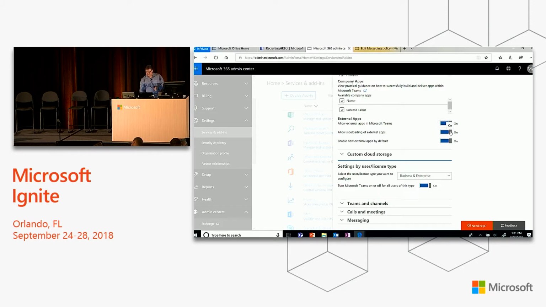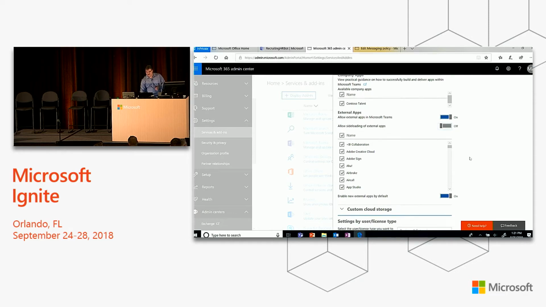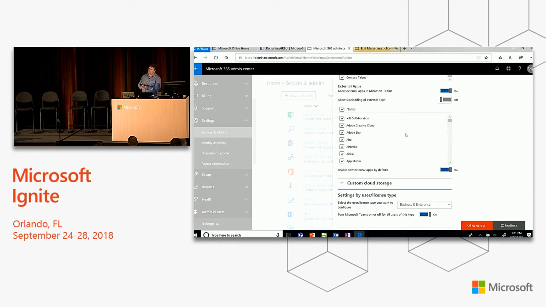Now the other thing that's interesting is sideloading. What is sideloading? Sideloading is I can now take that app and I can only install that app into an individual team that I'm already an owner of. It doesn't make it available for everybody in the organization, but it's just in my team. This is a great practice to use for development, for example. So if you're getting started, you can use sideloading as a capability to now test out the apps. When you turn off sideloading for the organization, however, it also opens up your ability to enable and disable individual apps from the store. So this is now sort of another degree of control that you can use to be able to actually decide, hey, we're only going to allow certain types of apps from the store, but not others.